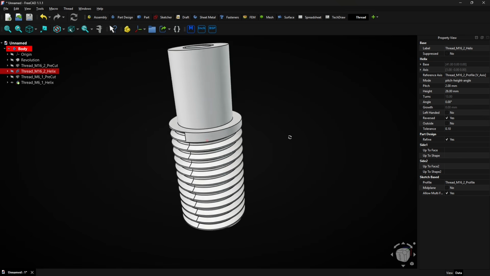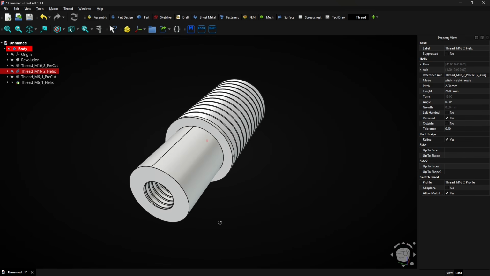So, this was a quick overview on how to add internal and external threads in FreeCAD without using the whole